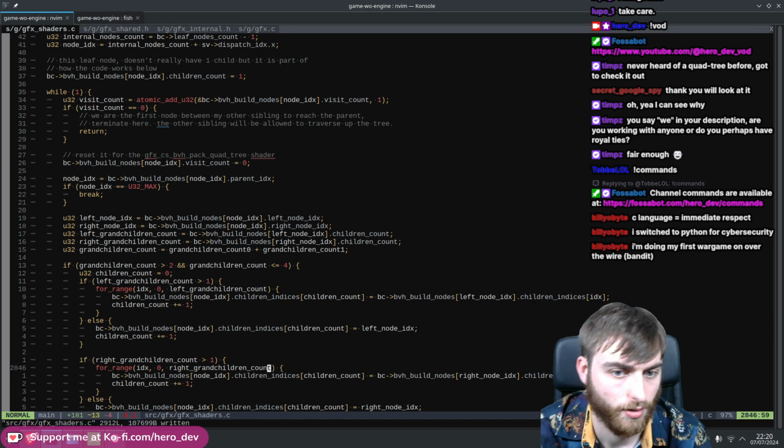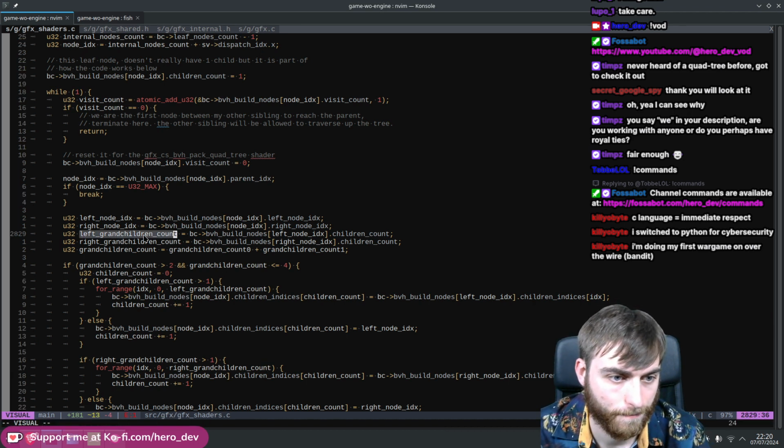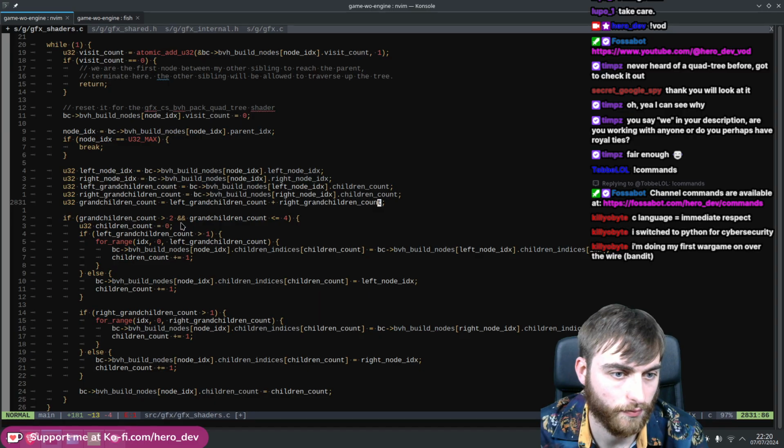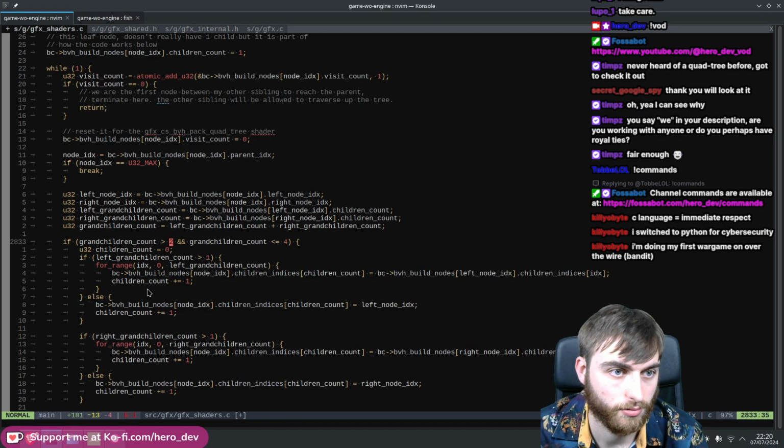Then we say if there is in between 3 and 4 children here, it means we can take